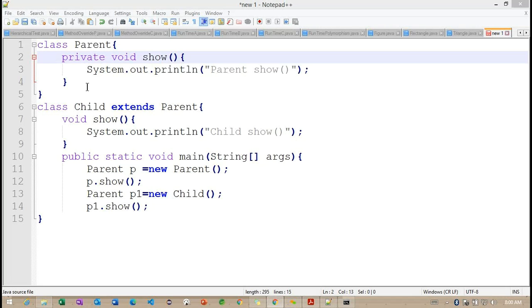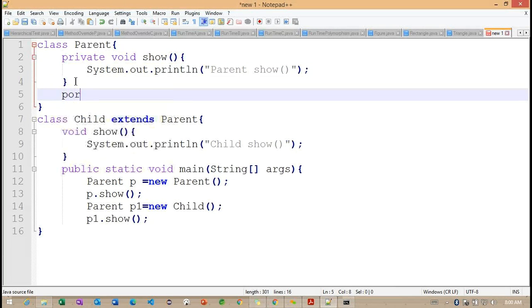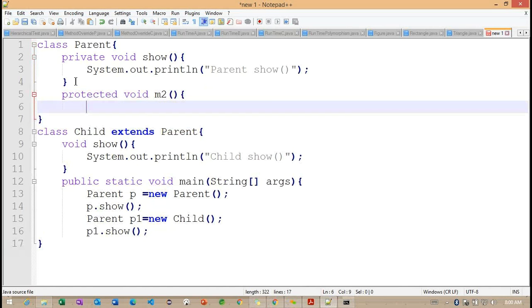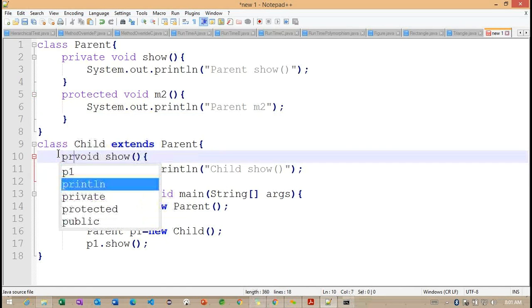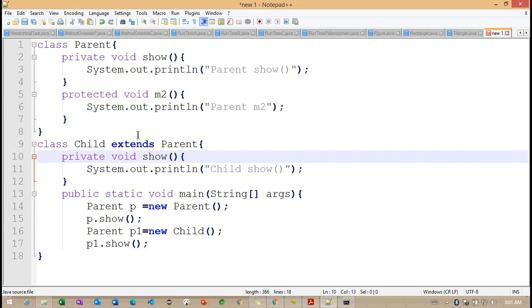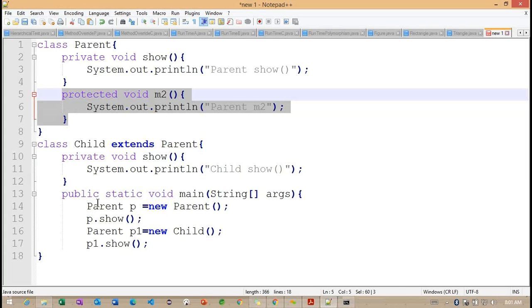Along with the private method, I add a protected void m2 method, and now because we need to follow the same signature to create the method overriding here, I'm making it private, and finally I will copy this.